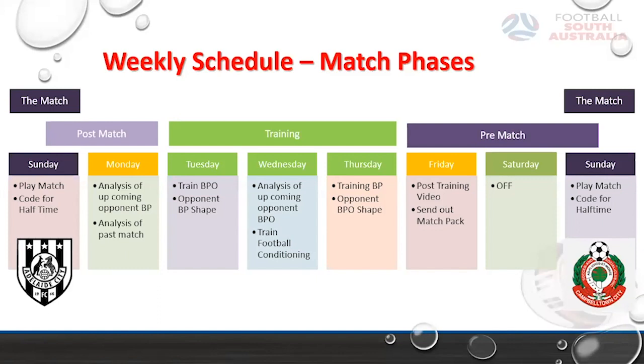Thursday, if you've analysed the opponent the day before, you can then work on your ball possession and make sure you're working against the opponent's BPO shape. Now, here's the key. Are you the coach that delivers the session on the Thursday and then doesn't have too much contact with the players between now and the match? Or are you the coach that's going to analyse your own performance by watching your training videos, especially your training game? Can you analyse to see what players are taking on board, or maybe what they're not? Do you send out a match pack? If you do, how can you include clips of the match, potentially the opposition, and how you'll counter?